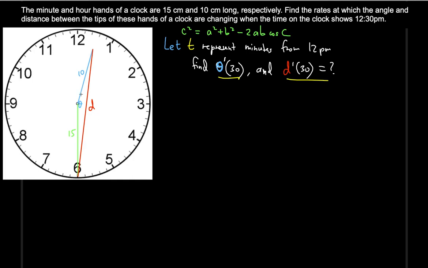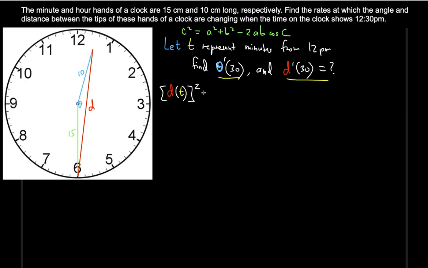As you can see, since we talked about the law of cosines, you're obviously going to find the function for the d as a function of t, right? Not the d prime, but just the d. It's going to be easier. So what is the law of cosines? Using this, what I've written here, c squared is equal to a squared plus b squared minus 2ab cosine c, we can change the c squared and let it be d of t. Okay, so we're going to put d of t,